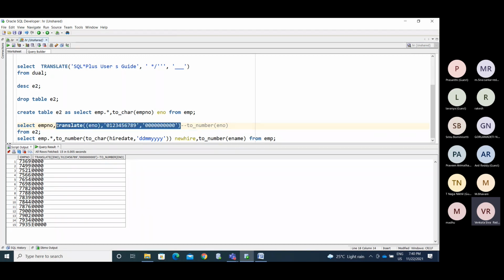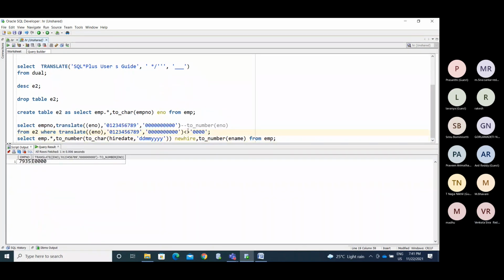So now we have the option. If you have only number values, you will get 0, 0, 0 for that. You may get only four digits, so you are getting only the numerical values here. Now I make it not equal to 0, 0, 0. So you can find that out using this also.